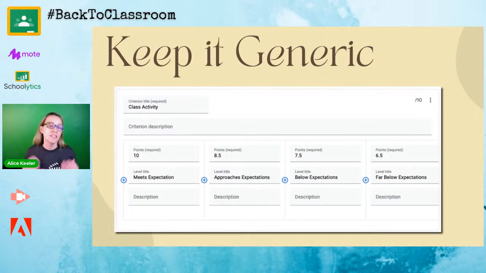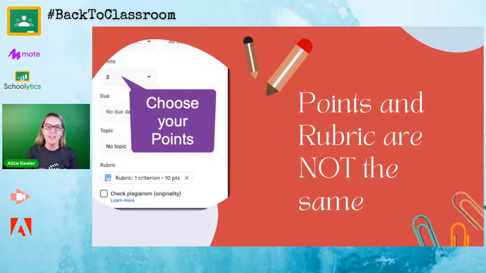I can just use this generic scoring guide to say they met expectations, they approached expectations, it's below expectations, or it's far below expectations. And points in the rubric are not the same. So when I go into Google Classroom and I've added the rubric, I can actually just go ahead and make the points whatever I want. So I have this 10 points criterion, but I'm only going to make the assignment worth 3 points. I have a project right now where I've put together a scoring guide, and there's 260 possible points on my scoring guide. Don't ask, I obviously got out of control, but the whole thing's actually only worth 50 points. So it'll scale it all down.